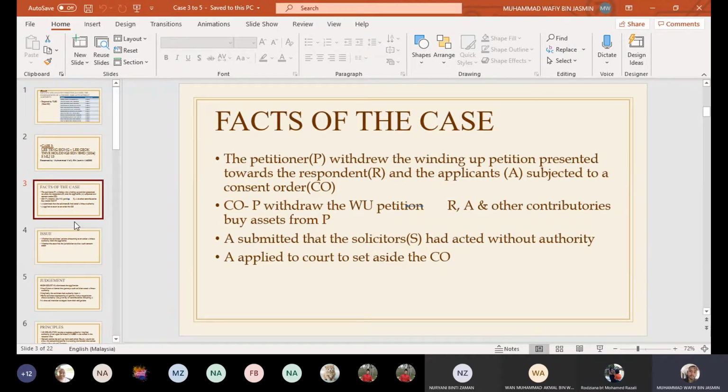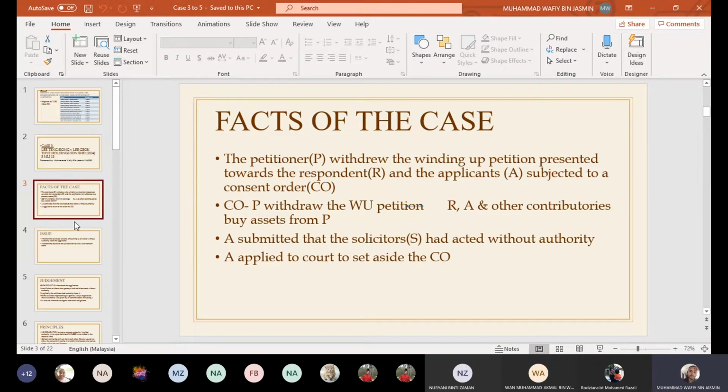So basically, in this case, there was a petitioner which had filed a petition to wind up the respondents, which